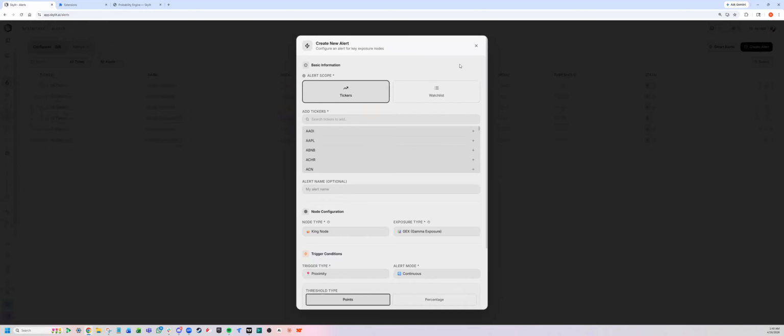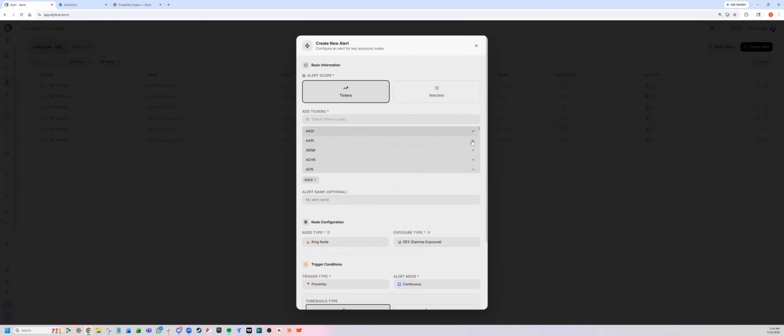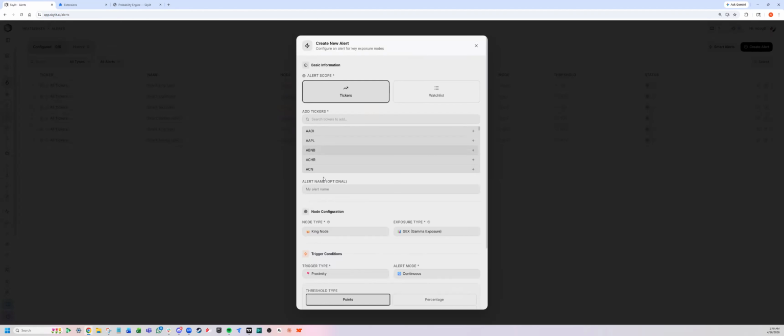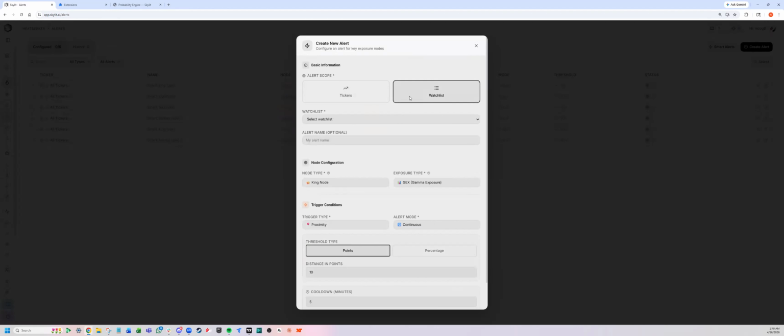So I'll start with the create alert feature. There's two ways you can handle this. You can either come in here, input a specific ticker that you're looking for, or just make a list, right? If you want to look at a few different ones, you can just build out your list here. The other thing you can do is if you already have an existing watch list,